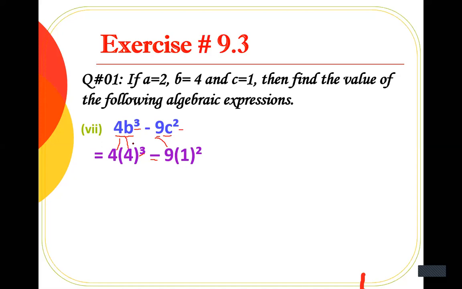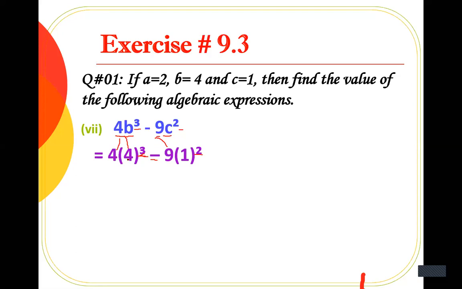So most of the students, what they did, they will multiply it simply. 4 multiplied by 4 is 16. No, because your exponents are here. Here you have an exponent, so you have to solve this exponent first. You will multiply it with the coefficient at the end of the steps. But before multiplying it with the coefficient, you have to solve this exponent first.